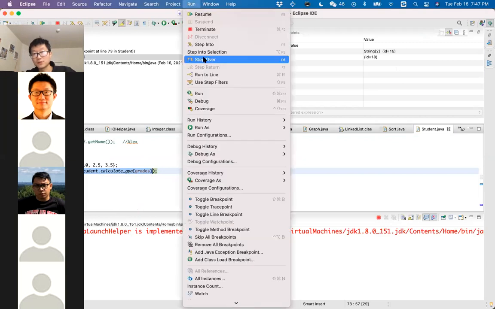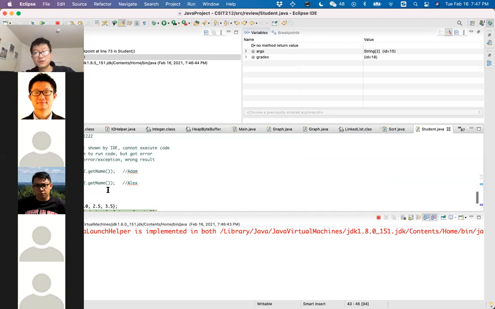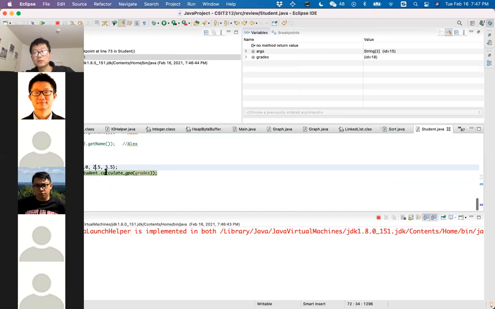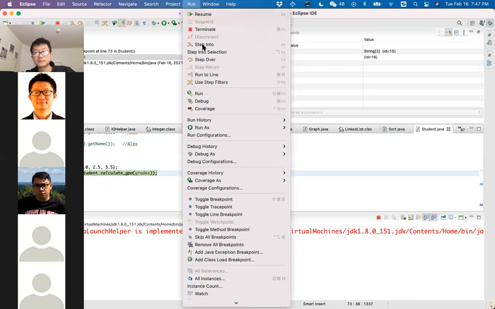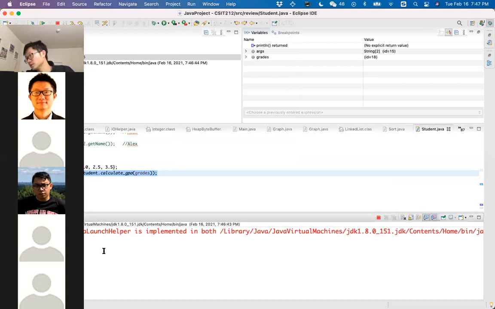So if we use step over rather than step into, previously we used step into, so we can start the execution from here line by line, right? But here, if we do not use step into, we just use step over, it will just finish everything in a line. It just treats this whole line of code as one unit, and executes this unit. So then you basically finish the execution of the whole code. Yeah, I get it. Thank you. Okay.